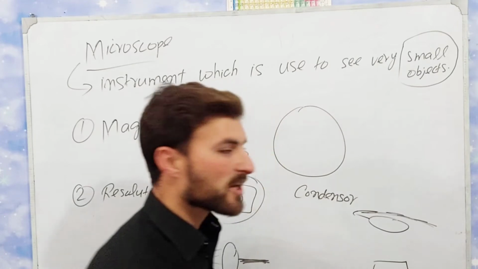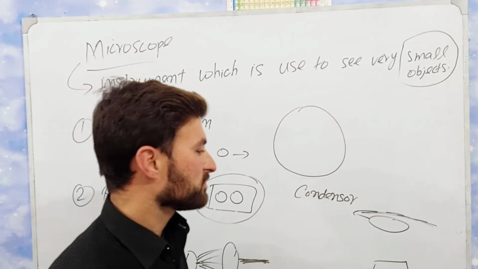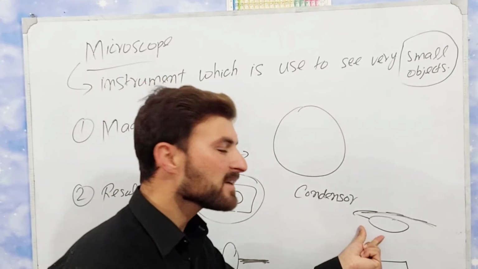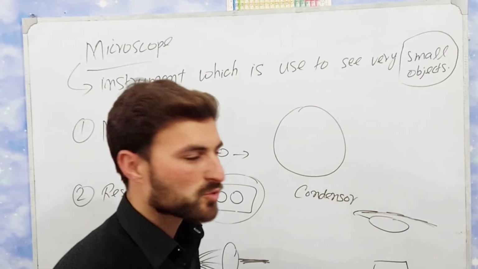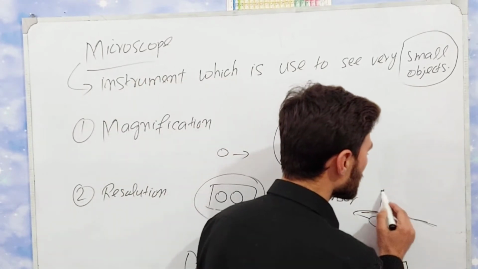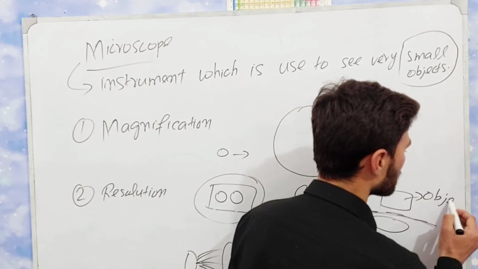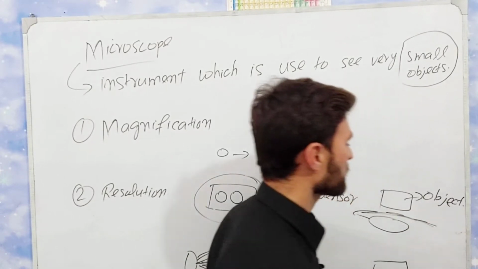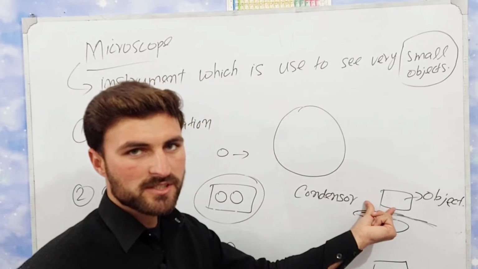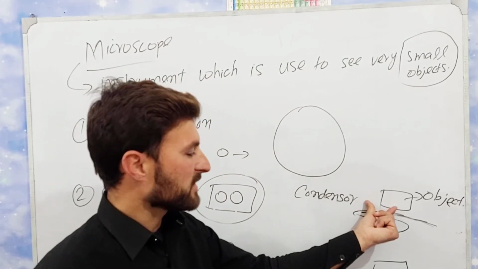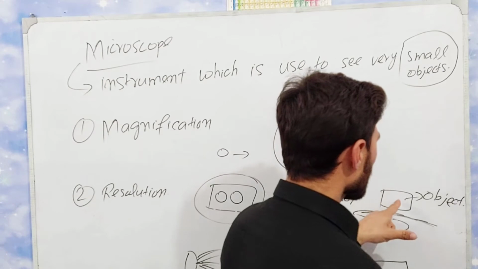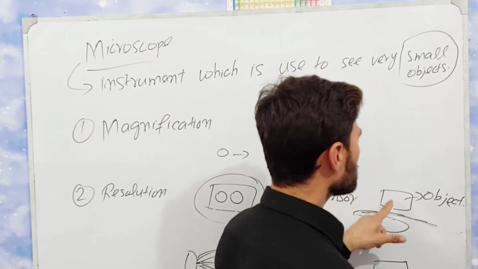Here is the stage of the microscope. Basically this condenser is under the stage of the microscope, and here we place the object or specimen. Here is the object, or we can also call it specimen. Now this is the object, and